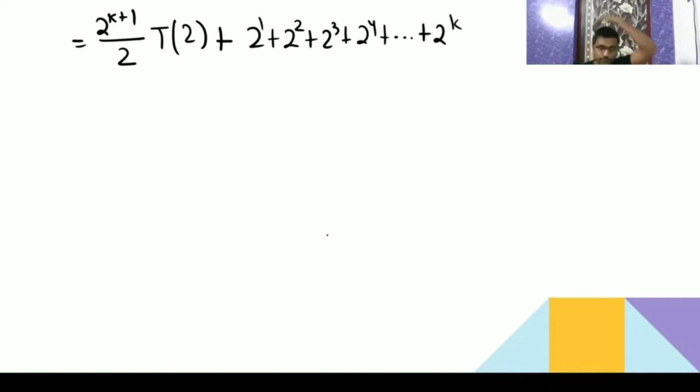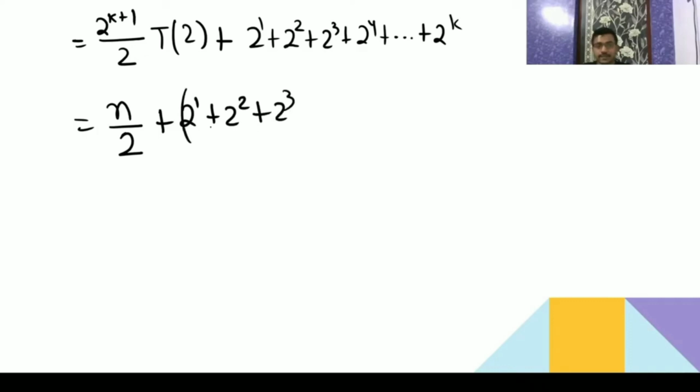Now 2 to the power k plus 1 you can write as n by 2. This is increasing in GP.